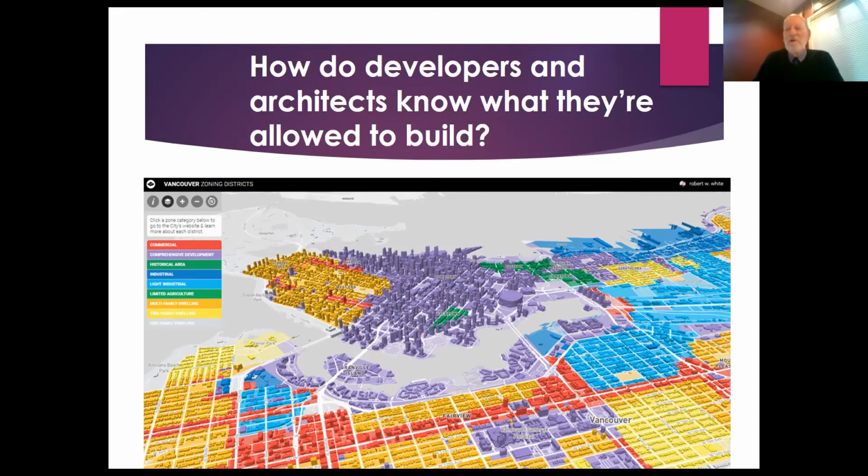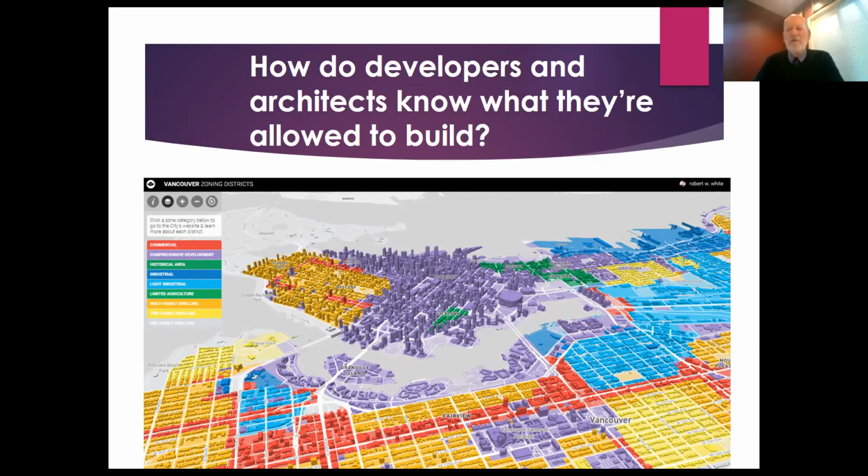The turquoise blue are the industrial areas. The yellow is the housing. The red is the commercial areas, although sometimes there can be housing above the commercial areas. And then the purple, those are special zones, custom designed for each building in that part of the city. So this is the way that we often determine how the overall plan is made.